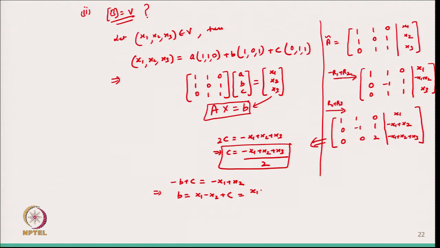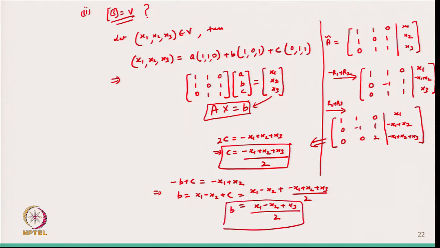So, I can write it as x1 minus x2 plus, so c is this one, minus x1 plus x2 plus x3 by 2, and from here I can write 2x1 minus x1. So, it will be x1 minus 2x2 plus x2. So, minus x2 plus x3 by 2. So, this is my B,